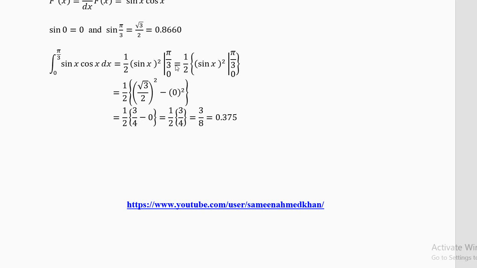Now in some calculators, you will not get root 3 by 2. You will get a decimal expansion 0.866. Use it. And your answer will slightly differ from 3 by 8. It will be slightly less than 0.375 if you take fewer digits in your decimal expansion. If you take enough digits, you will get 0.375. It depends on the round off in your calculator. Both answers are fine. Even if you get 3.73 to 3.74, it's not bad. It's not very good, but it's not that bad also. So you can do it that way.